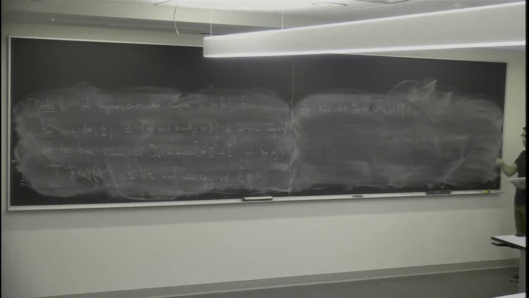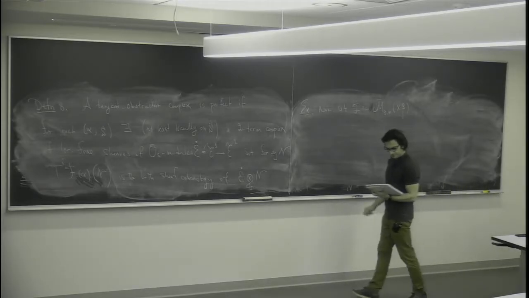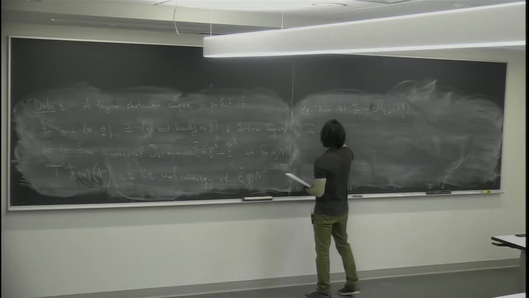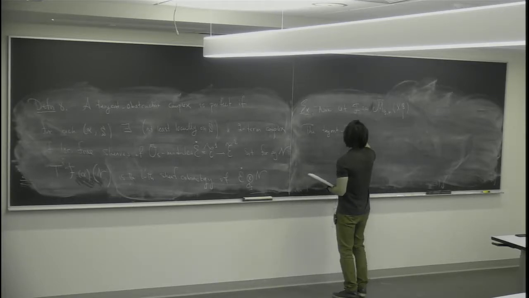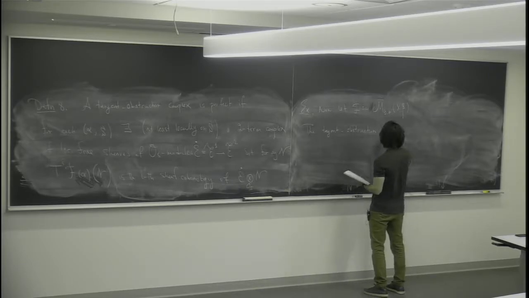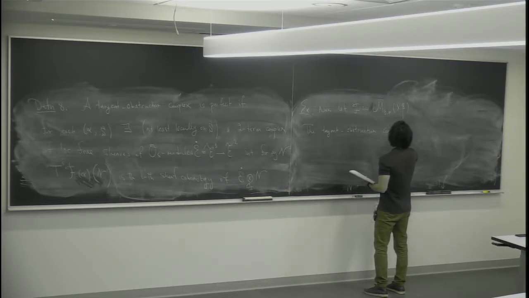So this is T1 of M-bar g,n(X,β), T2 of curly M-bar g,n(X,β). Okay, and these are going to be